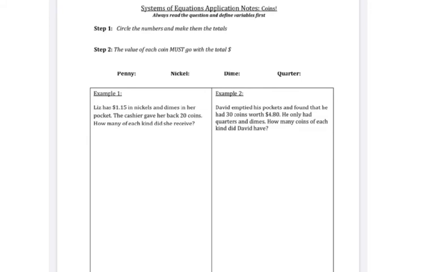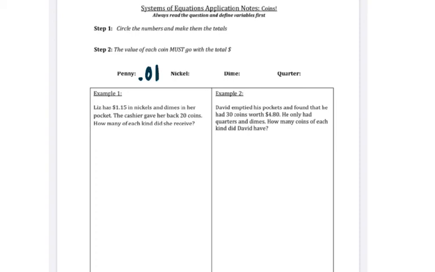Very easy. So example 1, it says Liz has $1.15 in nickels and dimes in her pocket. The cashier gave her back 20 coins. How many of each kind did she receive? So before we do this, we need to know the value of each type of coin. I know that a penny is worth 1 cent. So I'm going to put